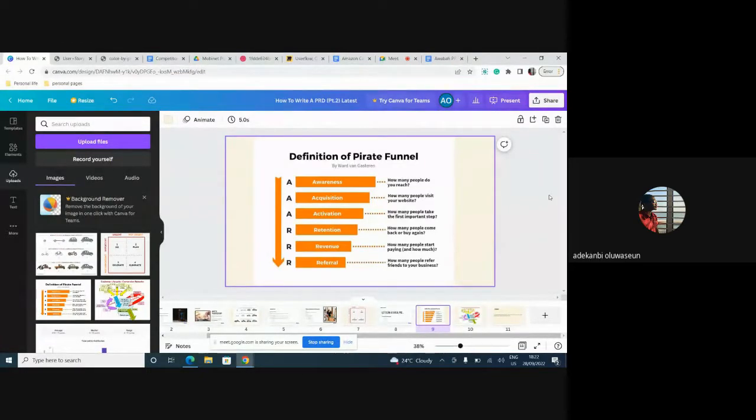So, awareness. Before anybody starts using products, there's the point where they have to gather awareness. That's the point where you do your ads, organize conferences; there are so many examples of ways you can get awareness. When you want to measure awareness, you're measuring how many people you have reached. Then there's acquisition. The goal of awareness is that when people see my adverts, they should be able to come on my website and transact. So within your metrics, you are measuring how many people came on your website.